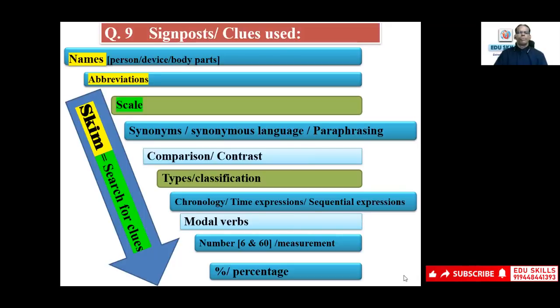Write down on a piece of paper these things so that when you go through the passages, you can note down those things. You can find out how many are there. So I hope you're writing down names. Just write the short form, whatever you want to. Abbreviations.